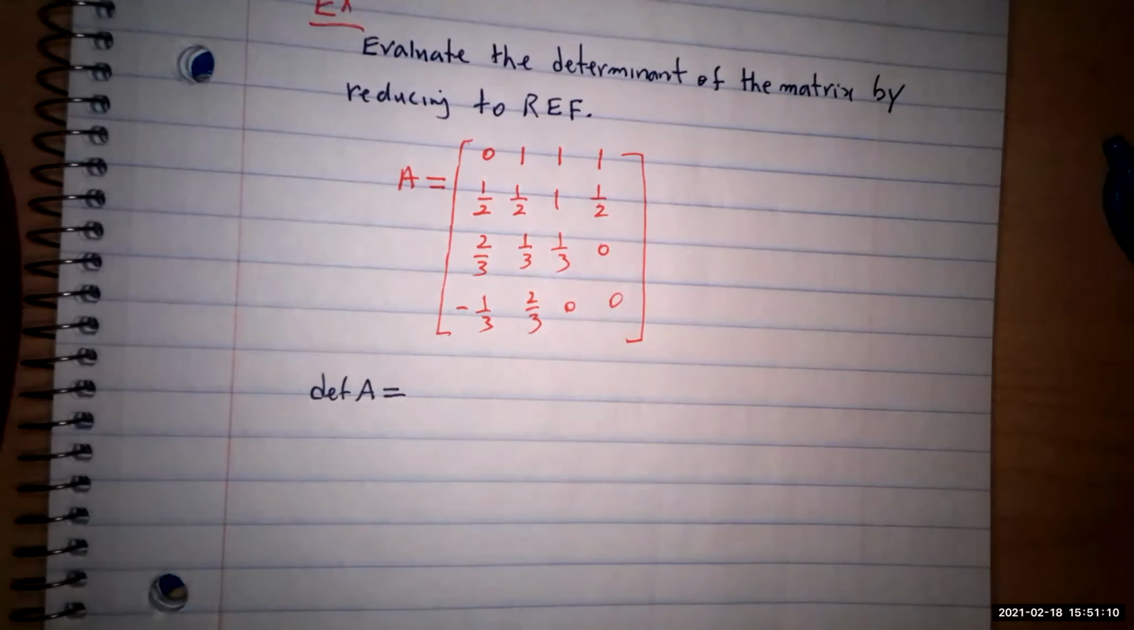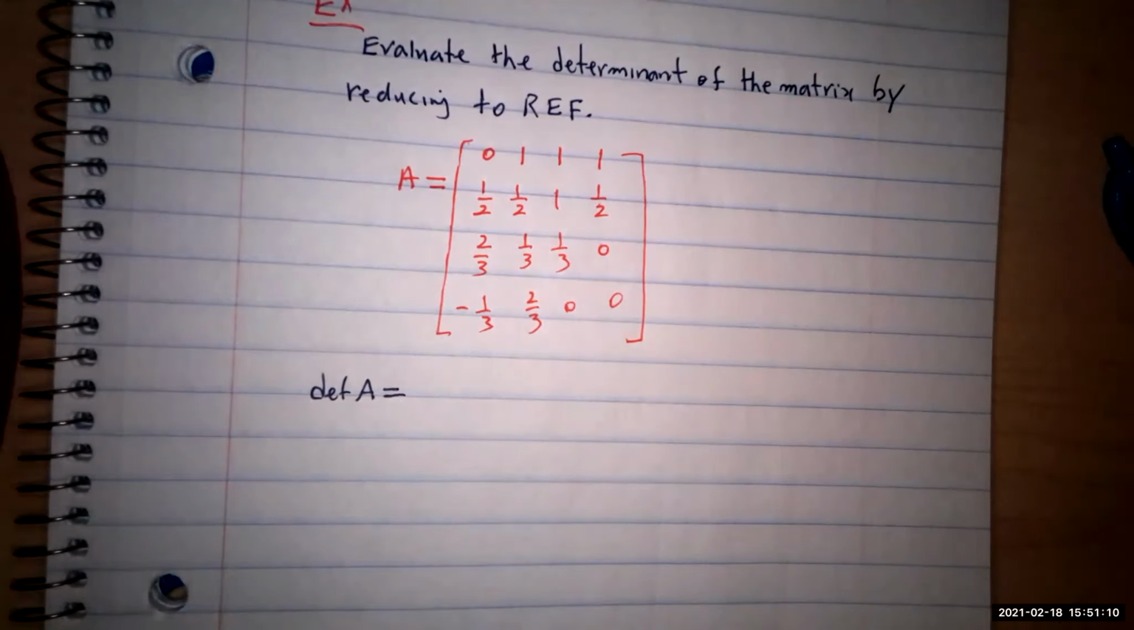So the 6th one is, if B is the matrix obtained from A by interchanging a row, or a column,